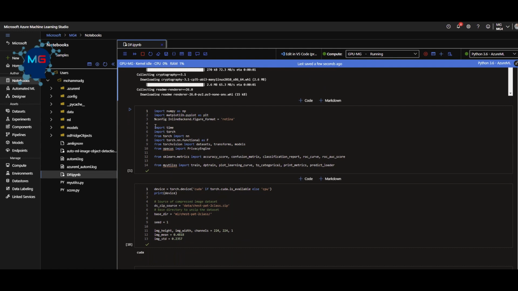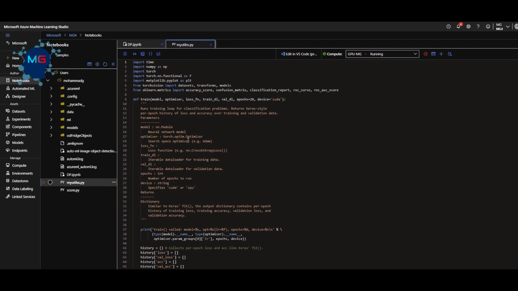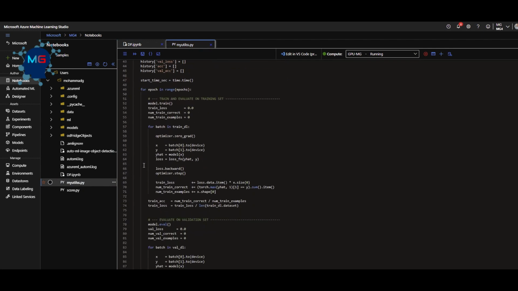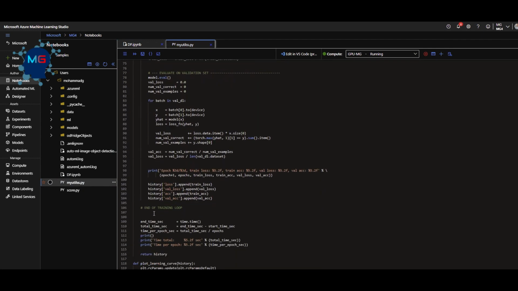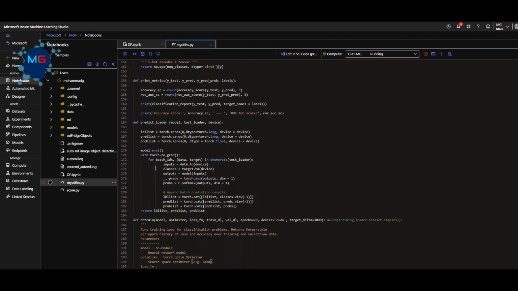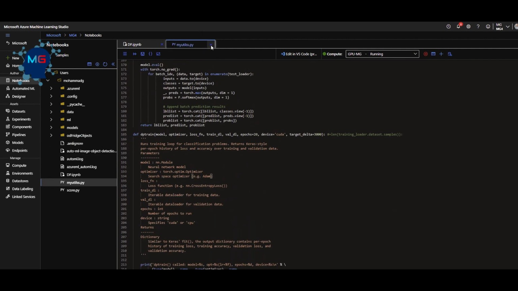So I'm importing the packages needed for my training process. Also, I am importing the privacy engine from the library that I just installed. And for training, predicting, and some of those well-known functionalities of machine learning, I have added them from the GitHub code that contains those functions here. So when I import this file, I have those functions like training here. When I call this, I'm able to train my model. I'm just showing you the code. So, going back to my main notebook,